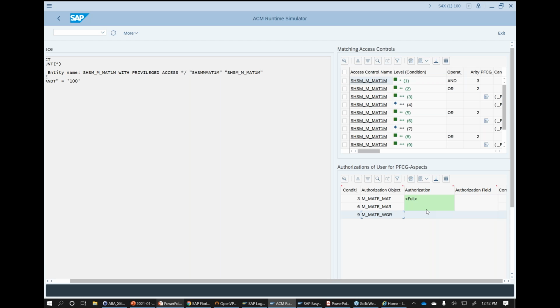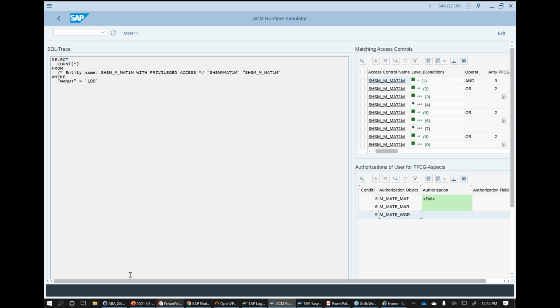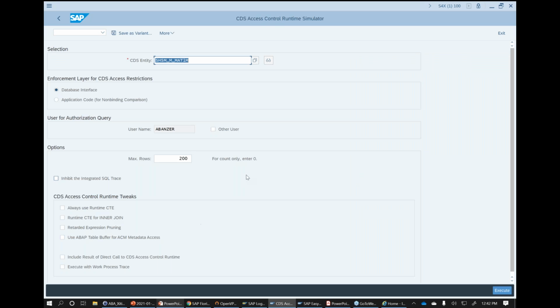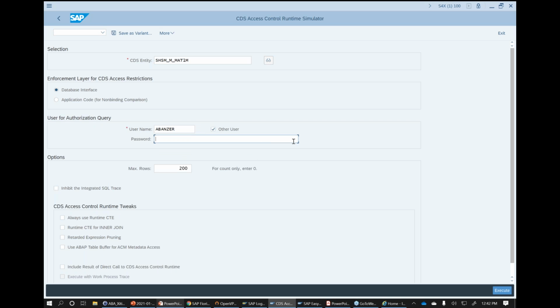So everything's okay, but we can also do that for other users, because for me as an admin, it doesn't matter too much. I'm more interested in end users. So let's say an end user, like in the story I just told from Jennifer, where one user was able to see more data and the other not, and she had to figure it out. What we do in such examples is we go back here in that Runtime Simulator, and we can do the authorization query for another user. The difficulty here, it's a little unfortunate, it's just the way it is, we have to know the password of